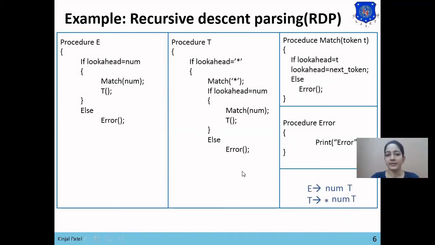Else error. Now in the given grammar there is another alternative in the second statement, which is null. If there are more than one alternatives, then there will be more than one if-else. If lookahead is not equal to star, then the first alternative will not be executed. Then for the second alternative there will be a condition, but here as our symbol is null, we return nothing. So you can write return null or directly write null.